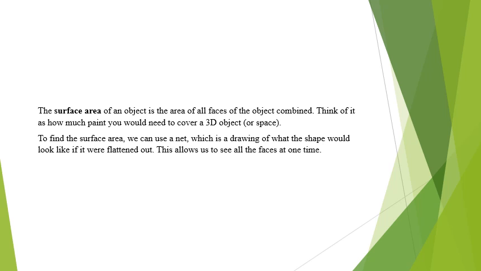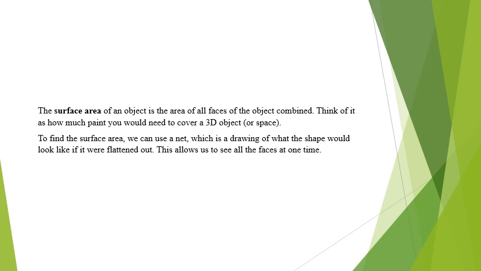So for example, if we're thinking of a 3D object like a box or a can or something like that, you're thinking about painting the outside. But you might also think about a space. So for example, if you're thinking about painting a bedroom and you're thinking about all the walls, that would be